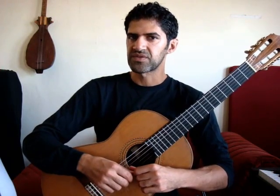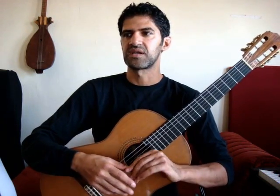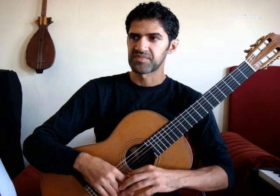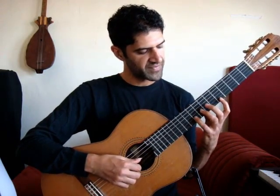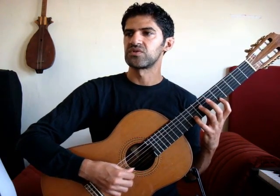Your timekeeper through this section, since guitars 4 through 7 are doing some rather tricky syncopations, is guitar 2 and guitar 3. Guitar 3 being a percussive timekeeper and guitar 2 being pitched. So guitar 2 here is going to do everything cross string. So you have an A and a G sharp starting it. So if we're thinking 1 and 2 and...